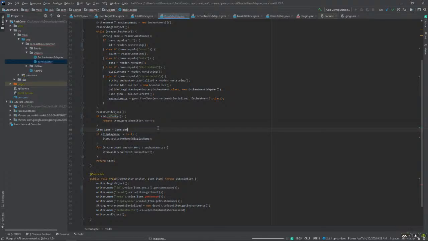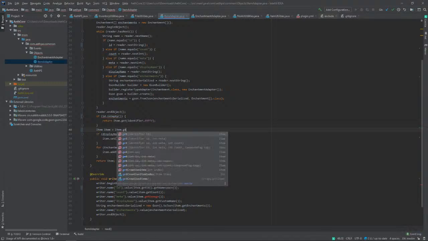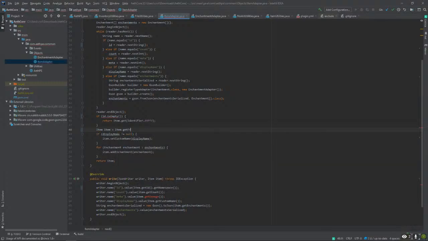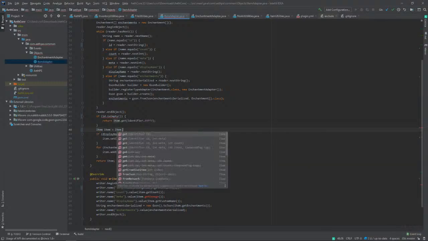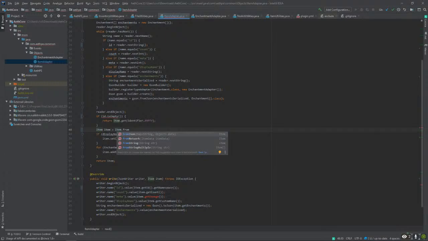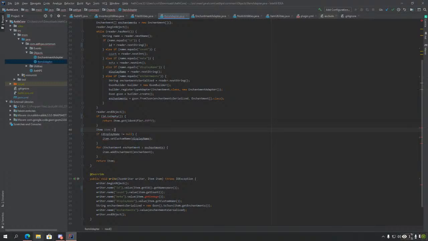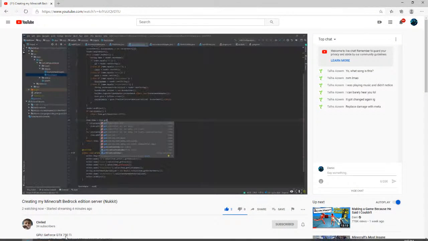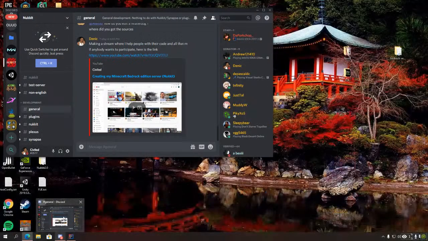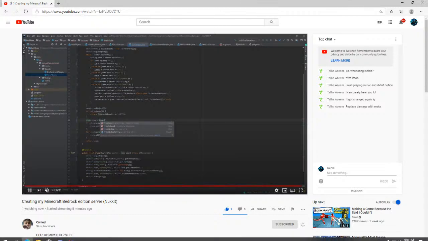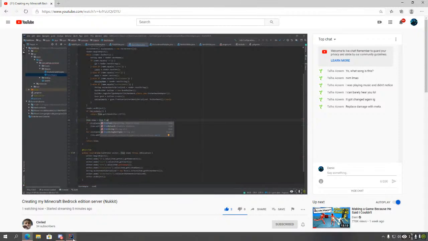I wonder if I can get from namespace. From string. Here, let me look at the documentation. Replace damage with meta.